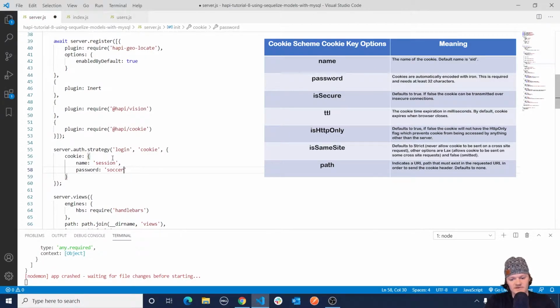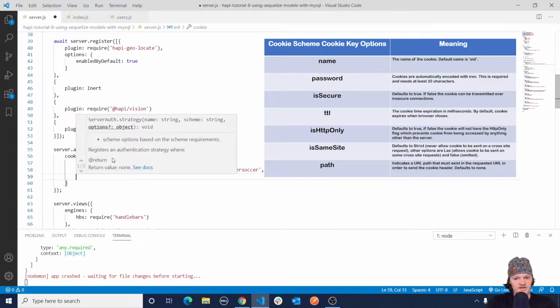So I'm going to do soccer. It can be, of course, whatever you want it to be. And then I'm just going to paste it a few times to make it at least 32 characters. And then finally, what we need to do is set the key isSecure to false. And what this does is allow us to work in HTTP. By default, this is true, so we need to change it to false so we can work in HTTP on